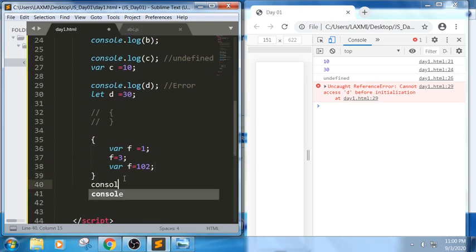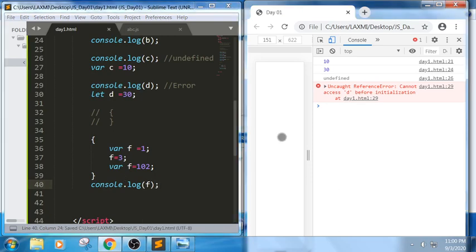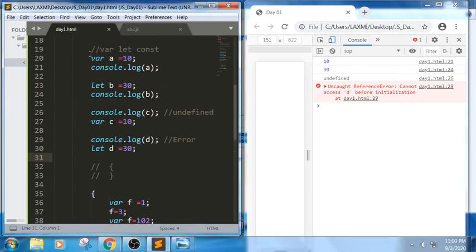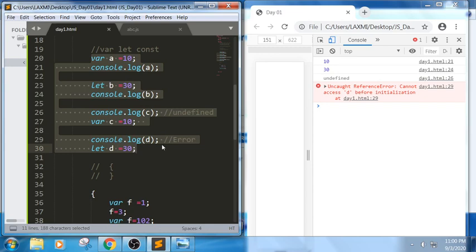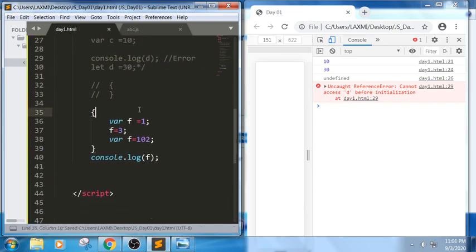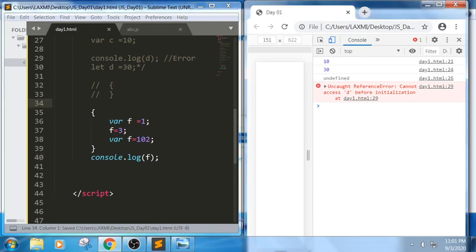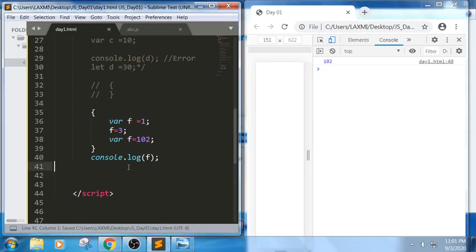After this block of snippet I am trying to access it. So let me put this in the comments, so it is blocking us. I'm trying to use this block of snippet using var, and I'm trying to access it. So what will be the output of the snippet?